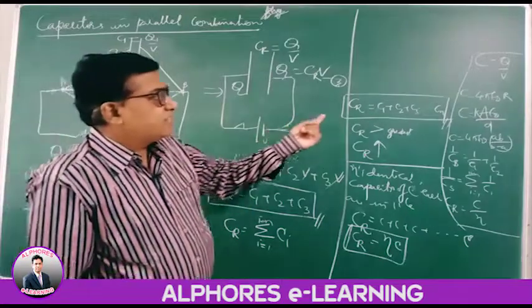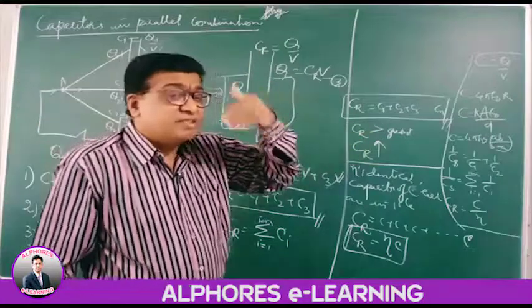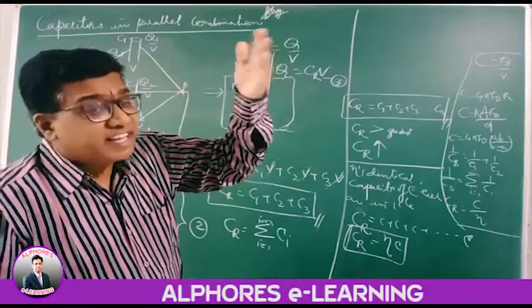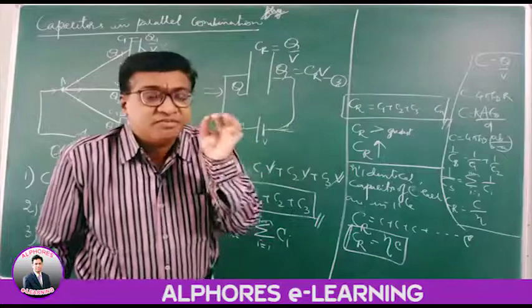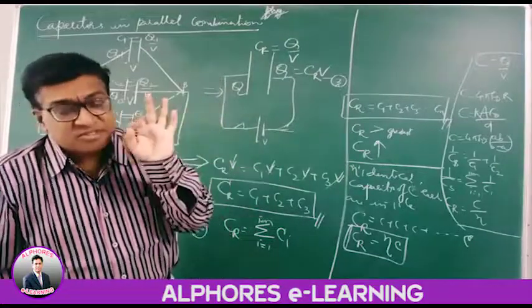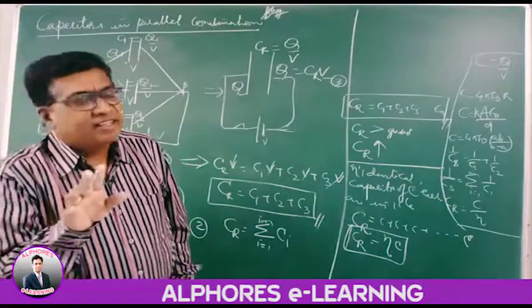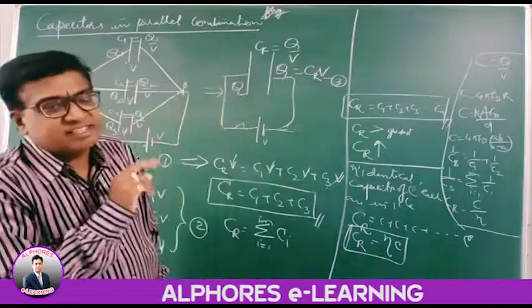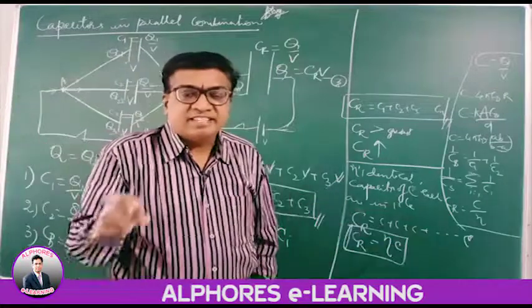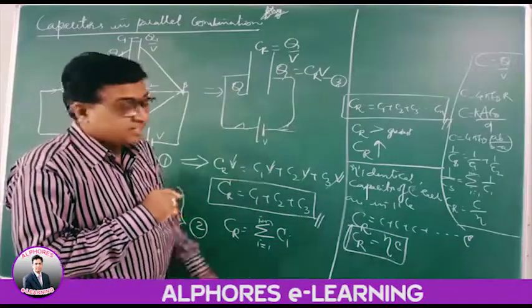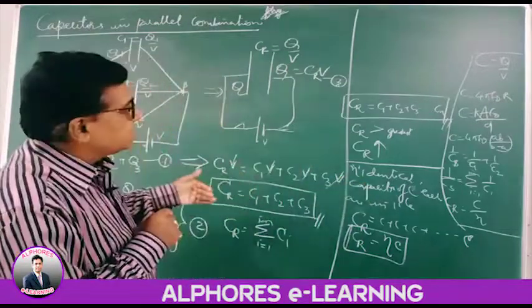Right? So the effective capacitance, when I am adding the values, will increase. The resultant capacity is greater than the greatest. Then capacity is increased. Now suppose n identical capacitors, each of capacity C, are connected in parallel. Then the resultant capacity is simply the algebraic sum of all, that is nC. The resultant capacity is n times the capacity of each. Right? So this way the capacity in parallel combination can be explained.